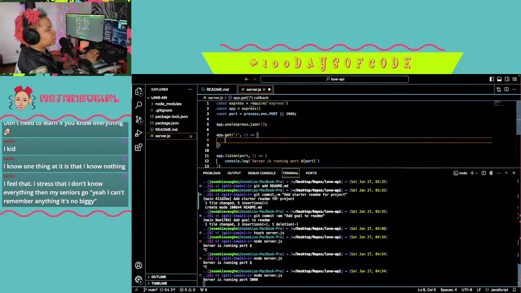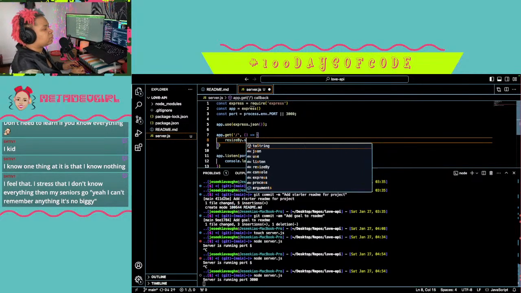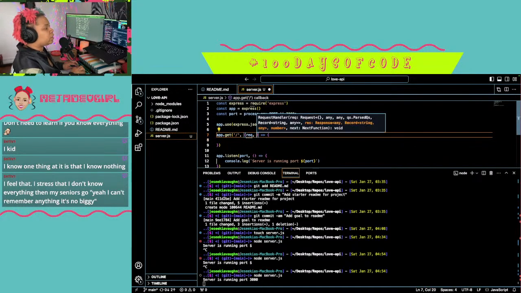Yep, req and res. Okay. So I can do a res.send. Oh no, it's not going to even let me type it without req, res.